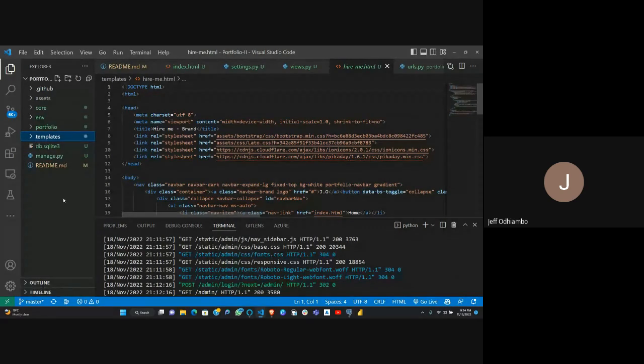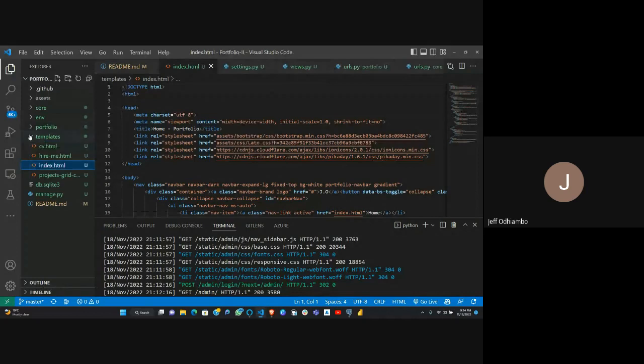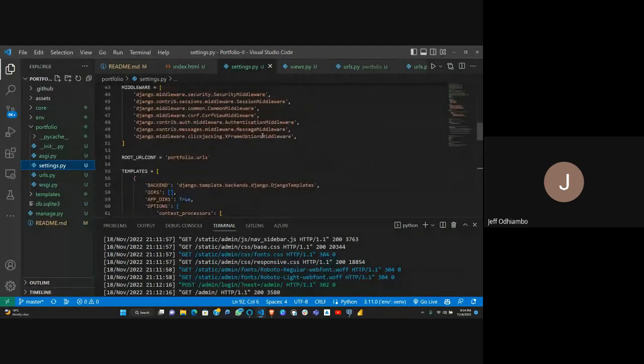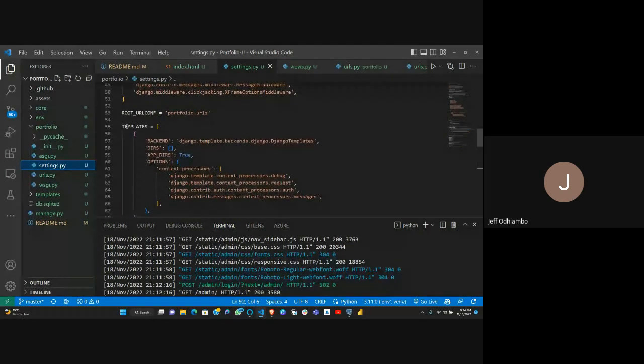Correct. Now we want to tell Django where to find our HTML files. Where do we do that? We go to our settings.py. Settings has all the configuration for the project. So it has the configuration for the database, for the apps, middlewares, templates folder, authentication and validators, and all that stuff is included here. So we move to the templates, and here is where we are going to tell Django